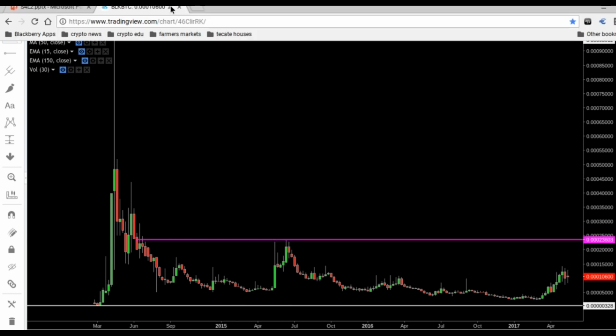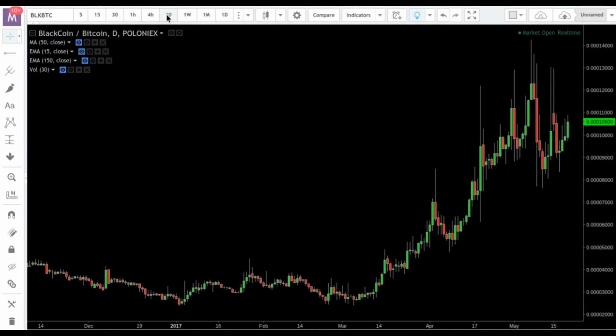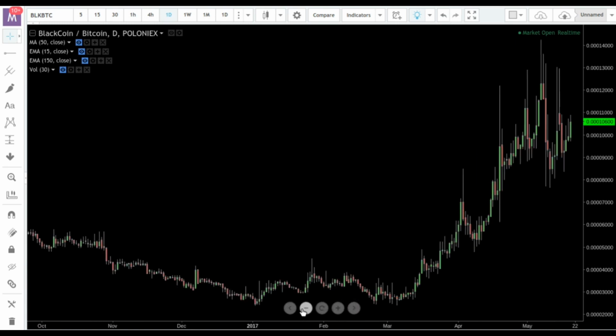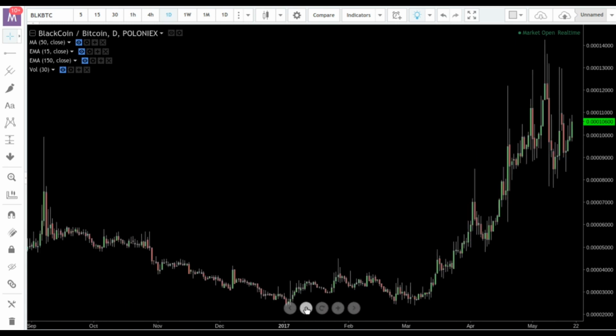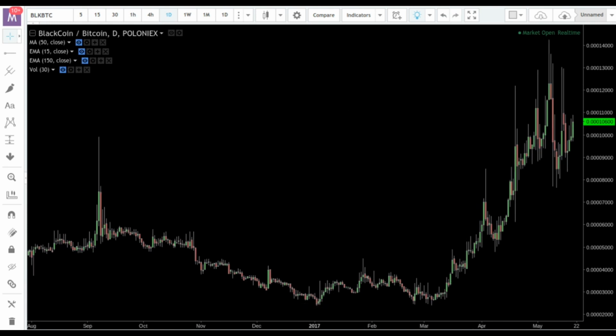We're going to go into the 1 day. So basically what we're doing, we're going to each time frame and we're creating ceilings or roofs, and we're creating supports or floors. So now with this one, let's see, sometimes you may want to zoom out a little. I like to do that on the time frames if I can't get quite a good picture of what's going on. Now, if we look at this chart right here,